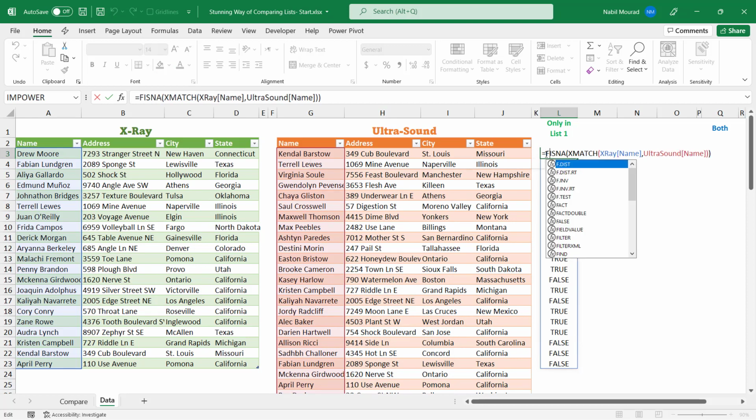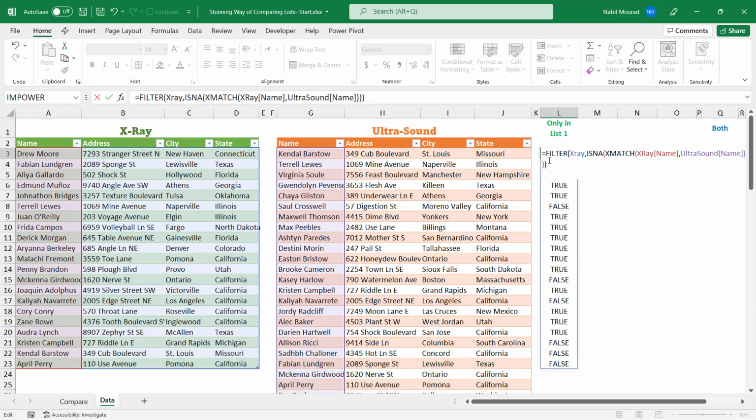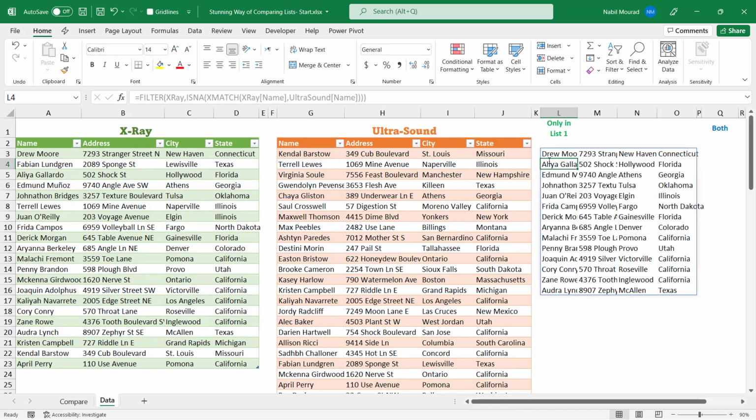Before the isNA, I type filter, and then I hit the tab key. What would you like to filter? I want to filter the entire X-ray table. I hover over the upper left corner. When I see the black rotated arrow, I click to select the entire table. I type a comma, I click at the very end, and I close the bracket for the filter function. I hit enter, and I was able to extract the records from the X-ray table that are not available in